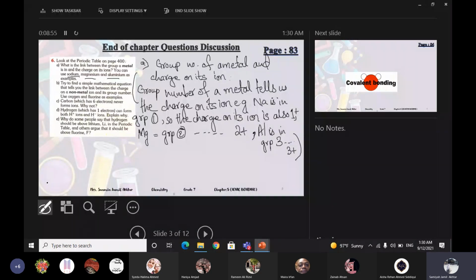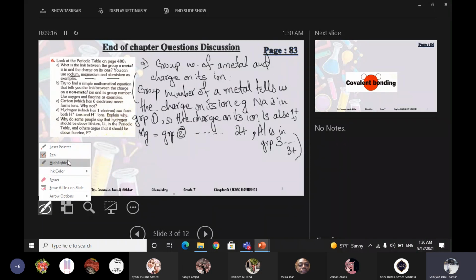So they can form various charges. They can form 2+, 3+, 4+ also. Even they can form a +8 charge also. They can give 8 electrons. So it depends on which non-metal they are combining with. Okay, thank you.